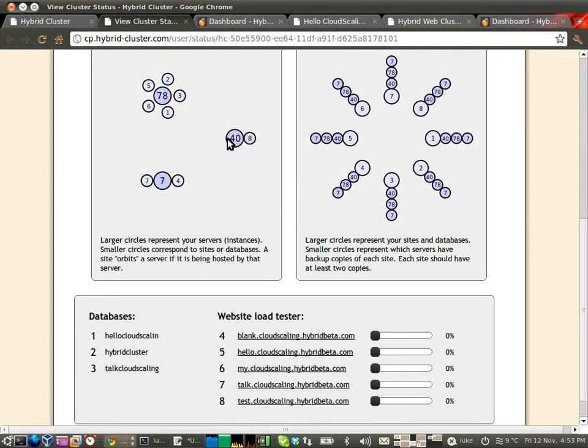So that's a load balancing demo, and it shows that the cluster can automatically react to the amount of traffic that's on different sites on the cluster by moving sites around. Now I'm also going to give you a redundancy demo, and I encourage you to try this for yourself as well. So let's go into the control panel